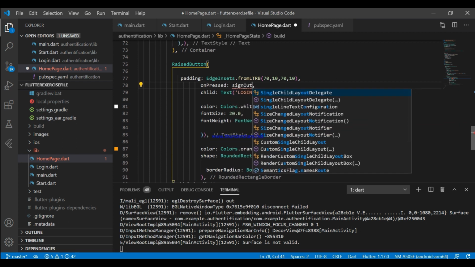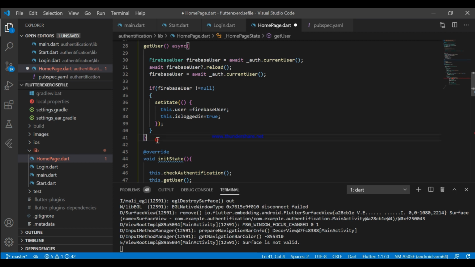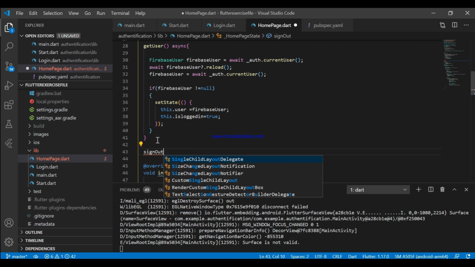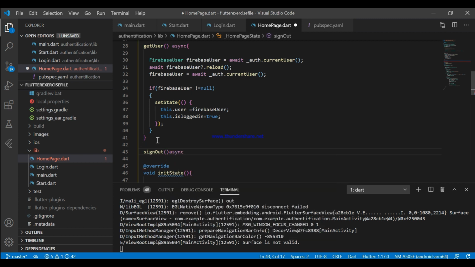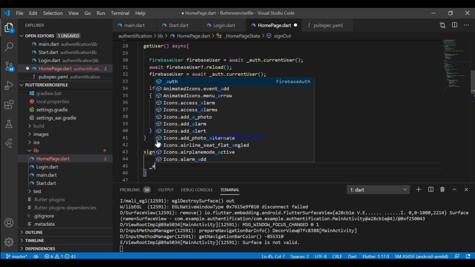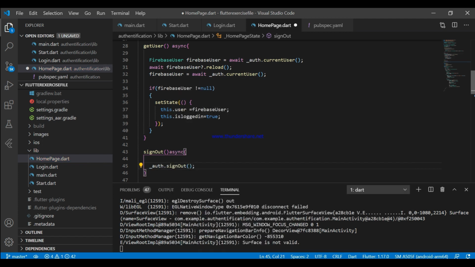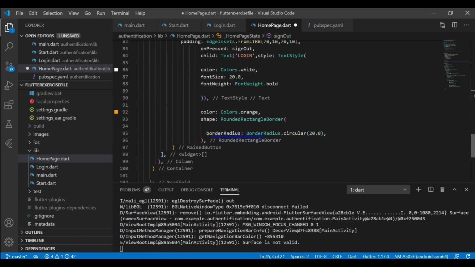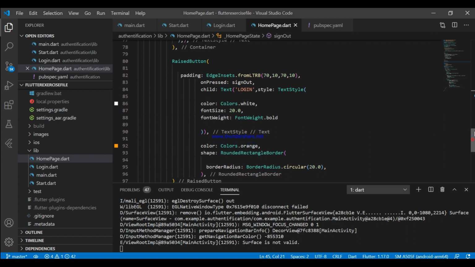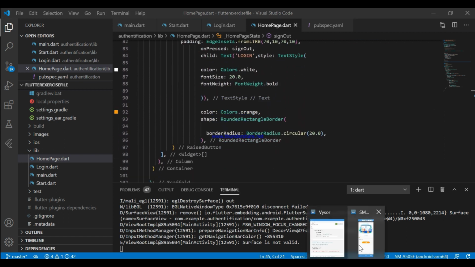It's super easy. It's just one line of code. Sign out. Just auth dot sign out. That's it, because it's handled by Firebase also. It's super easy, right? Yeah, I know.